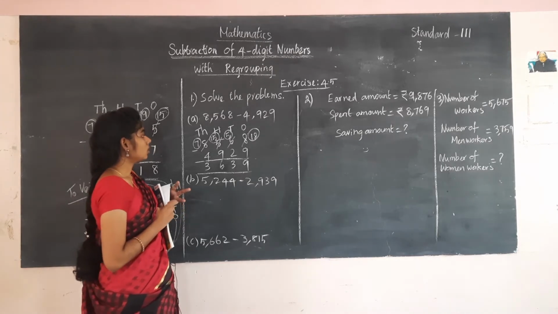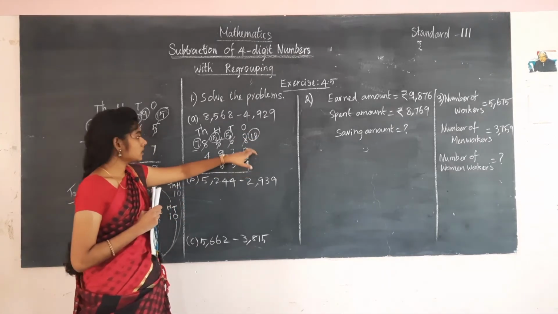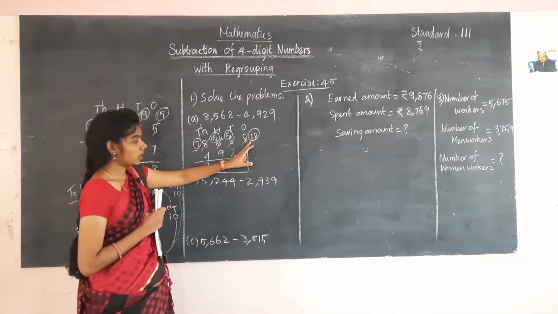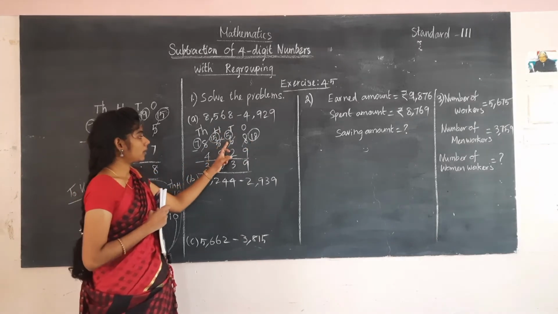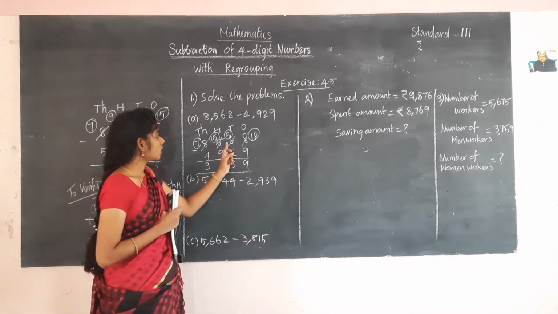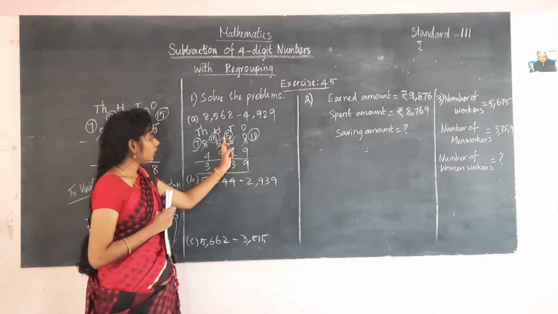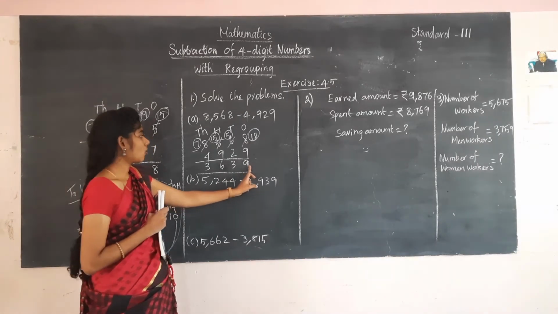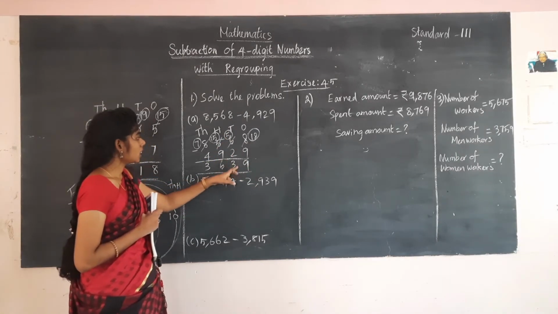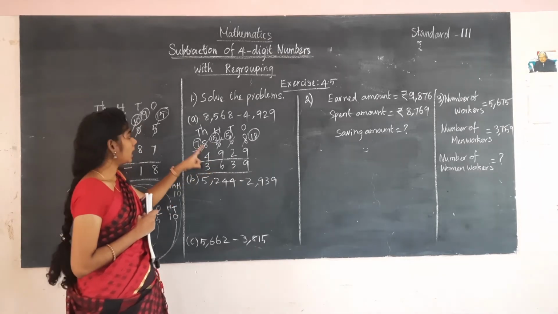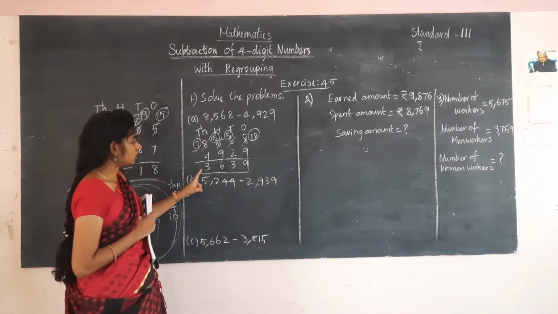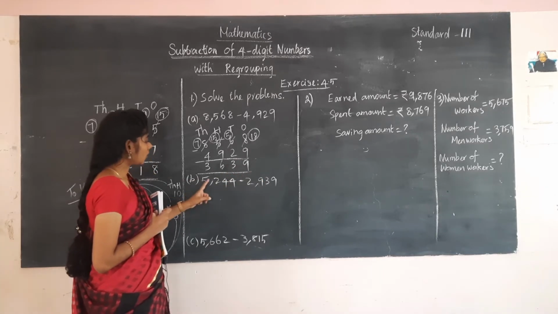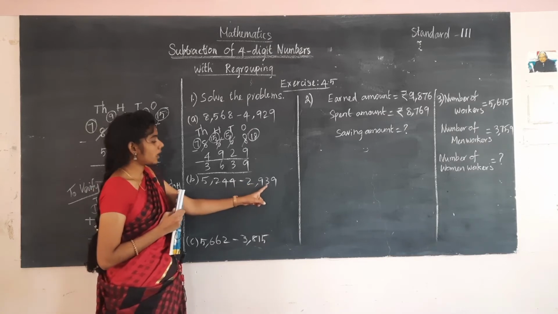So how have we done it? First you have to subtract the numbers in the ones place, and then in the tens, and then hundreds and the thousands. And here there is a smaller number in the ones place, so you have to borrow the number from the tens place. You have done the borrowing first and added the number. Then you subtract these two numbers in the ones place, and you got 9. Then 5 minus 2 is 3, and here 15 minus 9 is 6, and here 7 minus 4 is 3. So you got the answer as 3639.